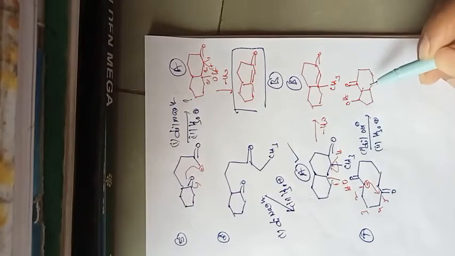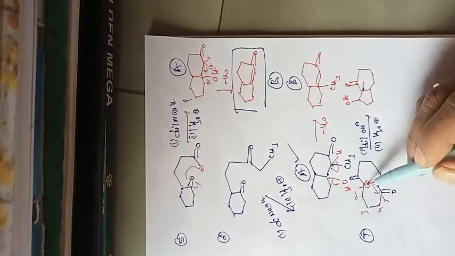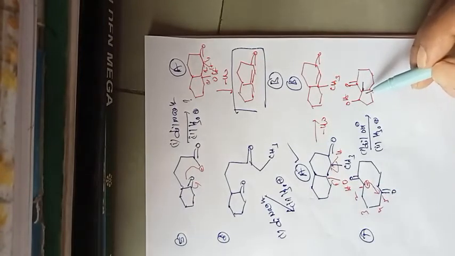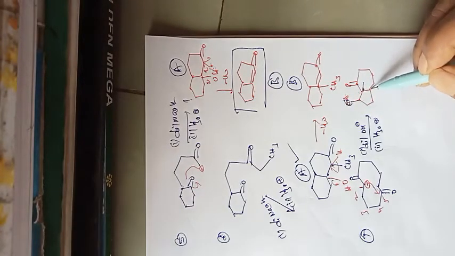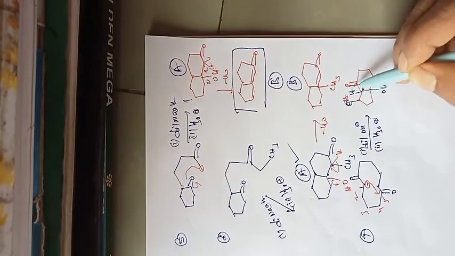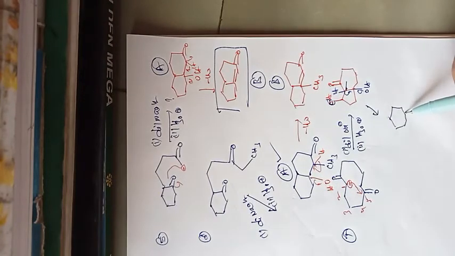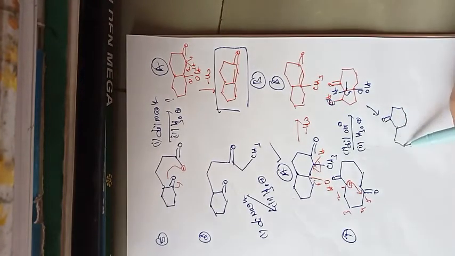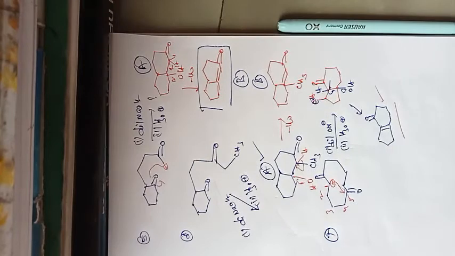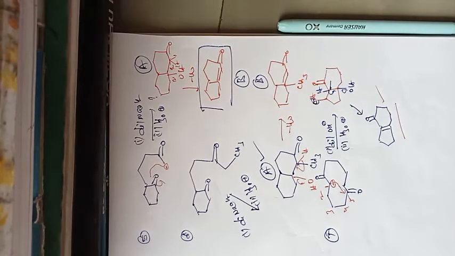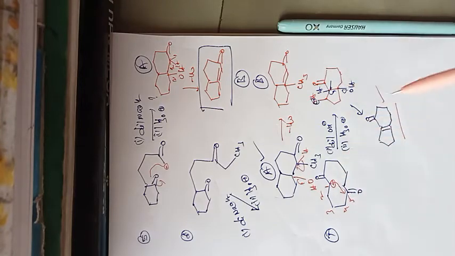So one is the 5-membered ring, and you can see here like that, and here OH will be there. So it will form like that, and C double bond O. Here OH will be there with hydrogen, so it loses a water molecule, so the product is C double bond O, like that. So now this is the correct answer. So a very good example and very interesting.